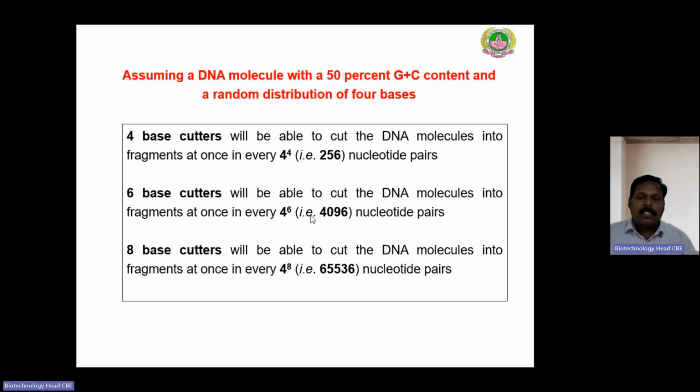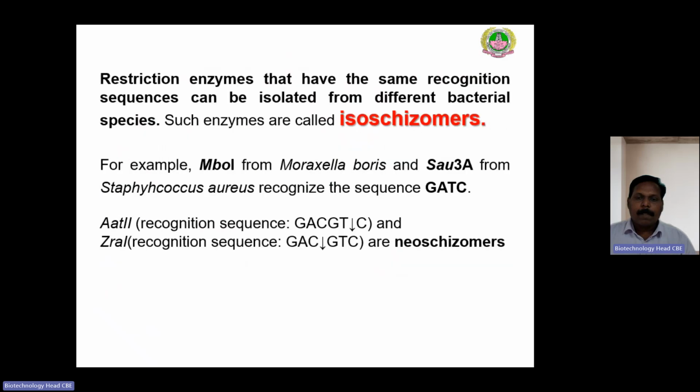And the 6-base cutter will cut at every 4096 nucleotide pairs, and similarly an 8-base cutter will recognize, that's 4 power 8, that's 65,536 nucleotide pairs. These restriction enzymes, I told you the type 2 more particularly is very widely used in genetic